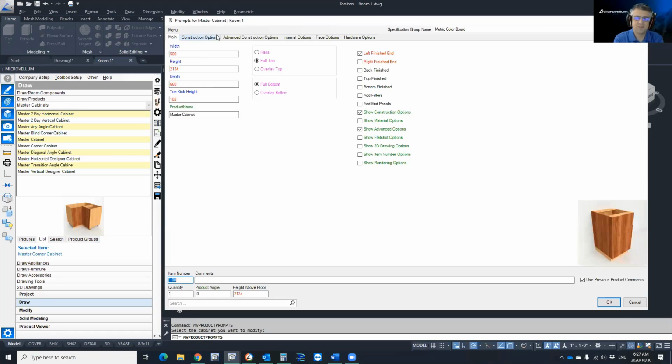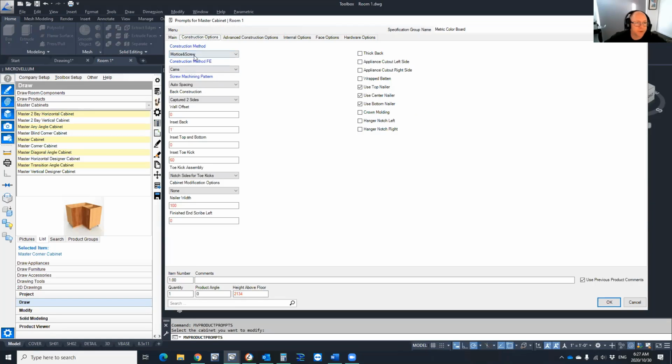The invisible fasteners like lockdowel, for example, a lot of times we only want to do at a finished end. So this is already set up to do that. It's just a matter of sticking on the left or right finished end, and under your construction options you'll see a finished end construction method. You'll notice we've got a lot more construction methods than we've ever had in the past. So if I went to a hardware array,